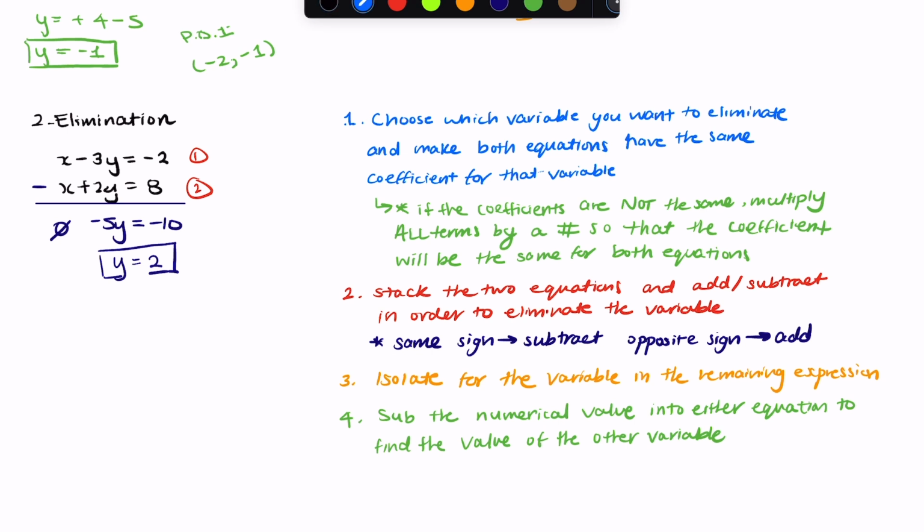So we have x minus 3 times 2 is equal to -2. x minus 6 is equal to -2. x is equal to 4. Your last step here will just be to state the POI, the point of intersection, which will be 4 and